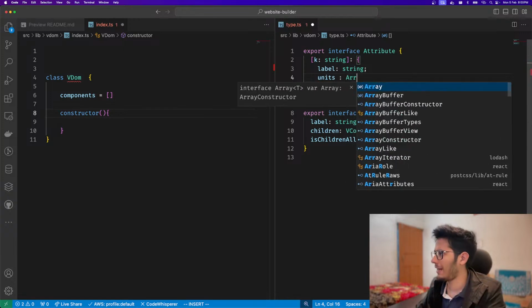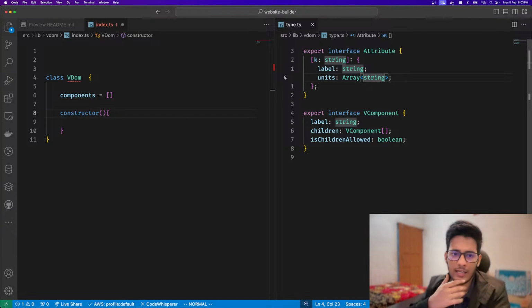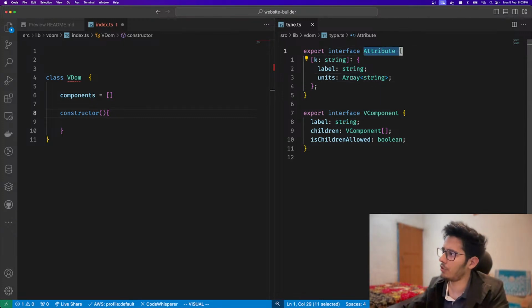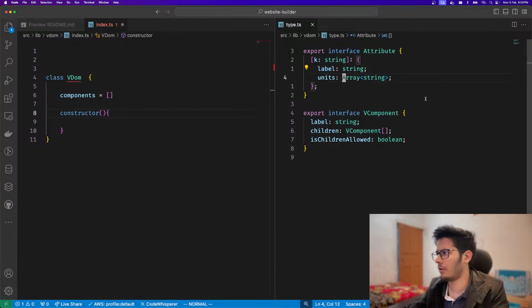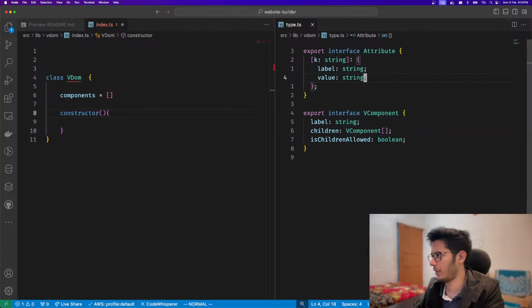This could be an array of string. So why do we need units? Because let's say if we have an attribute, for example, it could be in pixels, it could be in... oh wait, hold on, but attributes are always in string, right? So it doesn't matter, right? Yeah. And then it will have a value which is string, right? Yeah,